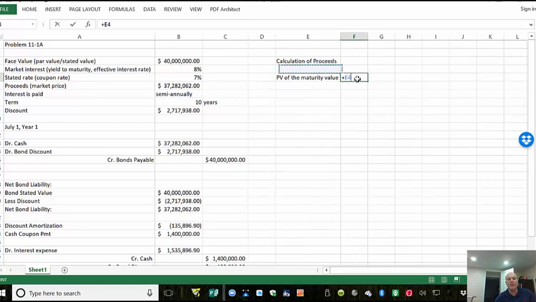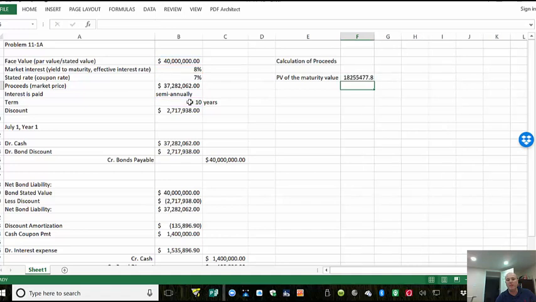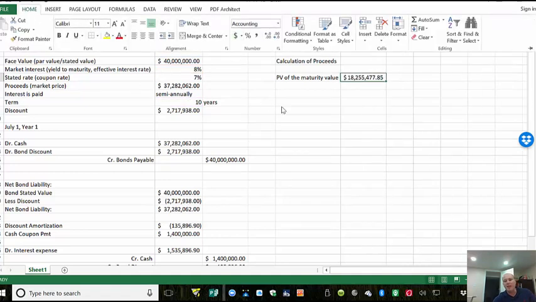Remember, is 40 million. And you need to discount it using the market rate of interest. In this particular case, is 8%, but over semi-annual period. So you need to take 4%, taken to the power. Remember, this is present value calculation, so you need to discount over, in this case, the maturity period of 10 periods. But remember, this is semi-annual times 2, right? So the present value of the maturity value in this particular case is